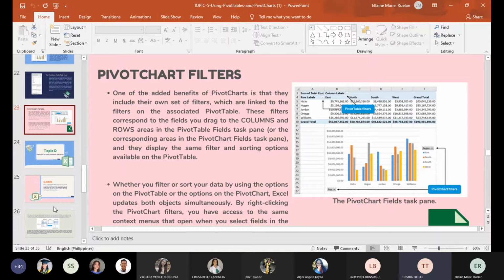So whether you filter or sort your data by using the option in the pivot table or the option in the pivot chart, Excel updates both objects simultaneously. By right-clicking the pivot chart filters, you have access to the same context menus that open when you select fields